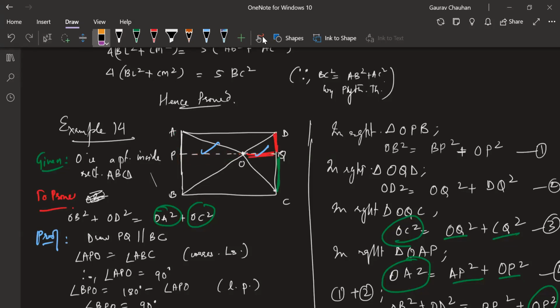The reason for drawing a parallel line is, if you observe this particular proof statement, I have OB square plus OA square plus OD square plus OC square. These four squares are involved, and all four are similar. It's a rectangle, and some point in between goes to the corner. Let's take this one. Now, I need it to be part of some right triangle, no?